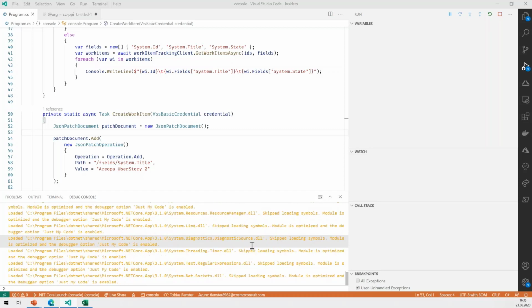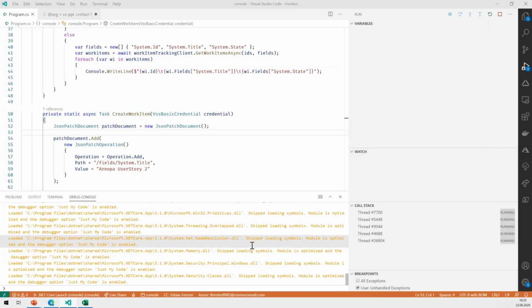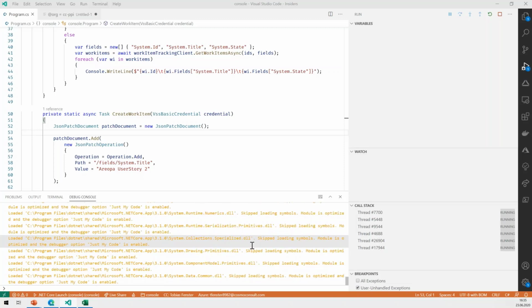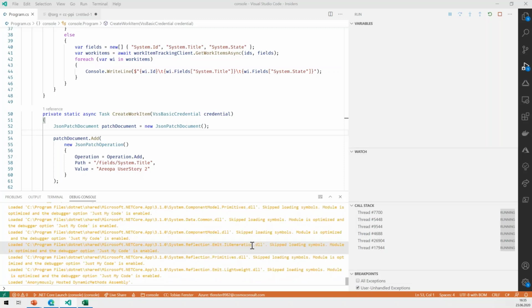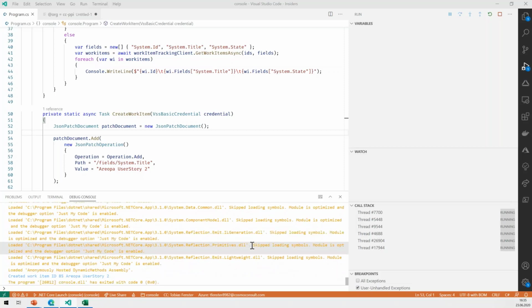So that means it's always the same. If you just read it and you give it an ID, then it knows to return the right things, because it only has the same ID once in the whole organization. But if I create it, it needs to know in which project you want to create it. So that's why I need to add that information for creating. Clear.